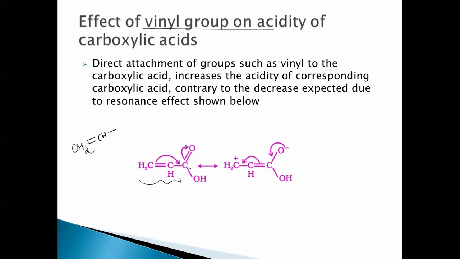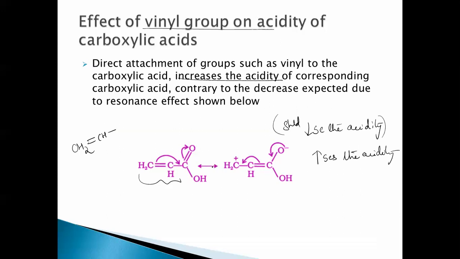That means it is pumping in the electron density towards the COOH group. It should decrease the acidity because it destabilizes the anion. But on the contrary, it should decrease, but it is increasing the acidity here because of the resonance. What should happen? It should decrease the acidity, but what is happening? It increases the